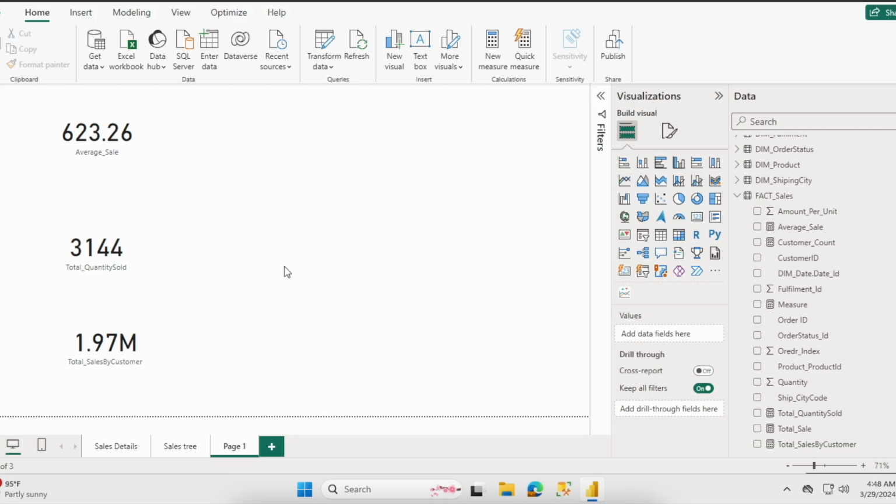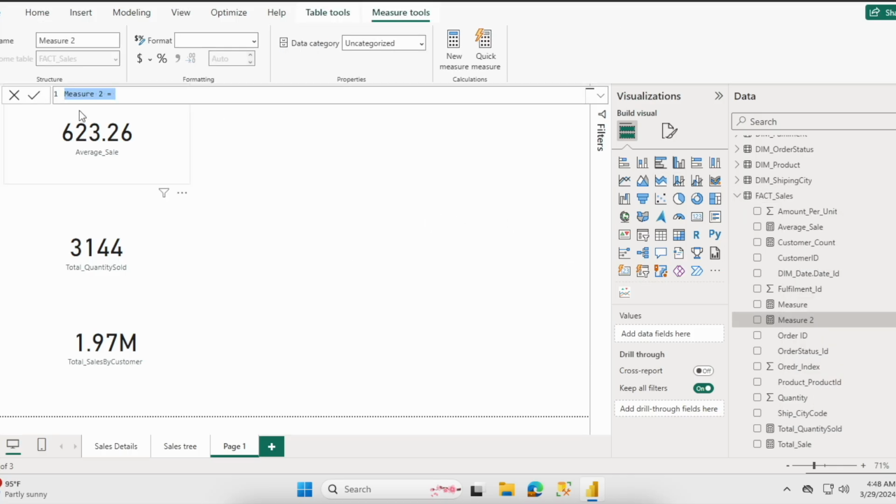The fourth one is how we can count the entries inside a column. Like if anyone asks you to find out the total number of customers, for that we have to create one new measure in the sales table. Here we have to find out customer count.